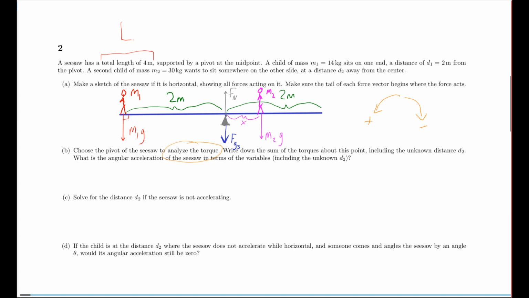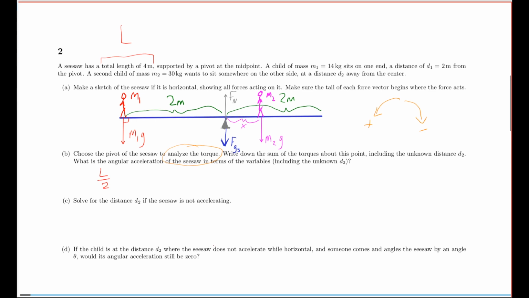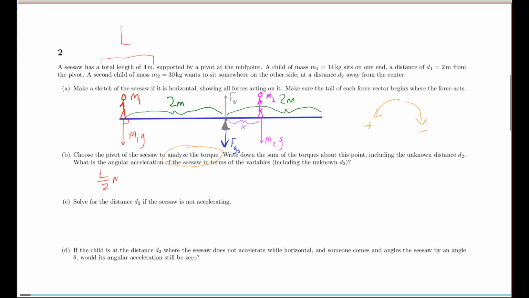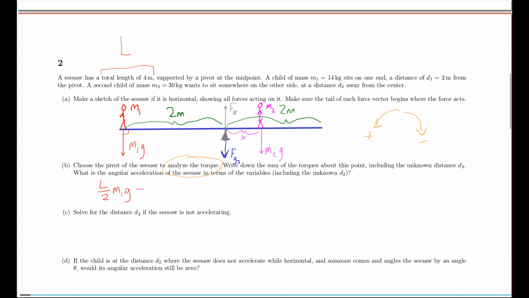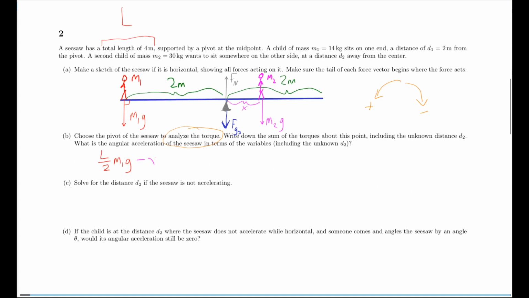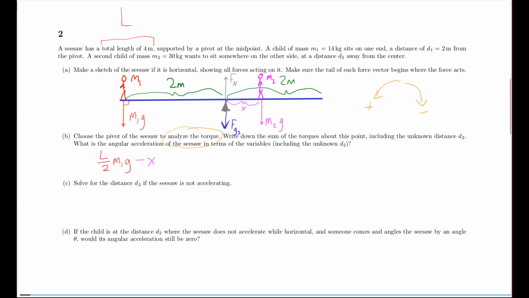So the red child applies a torque of distance L over 2 times force m1g, and it is positive. Pink child applies a torque of x times m2g, because again,